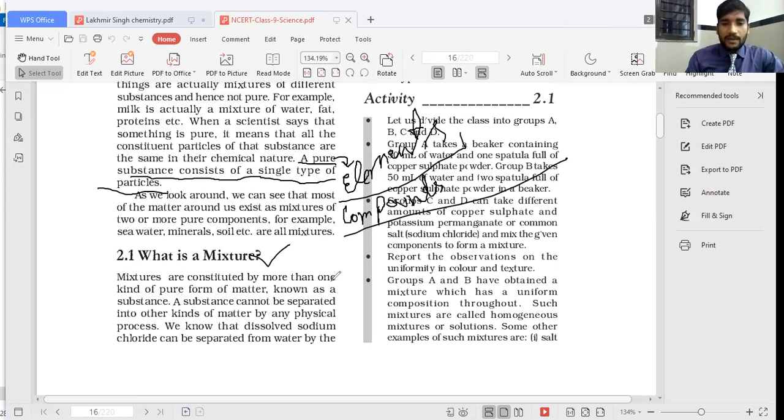Mixtures are constituted by more than one kind of pure substance, pure form of matter known as substance. The substance cannot be separated into other kinds of matter by any physical process. We know that dissolved sodium chloride can be separated from water by heating,